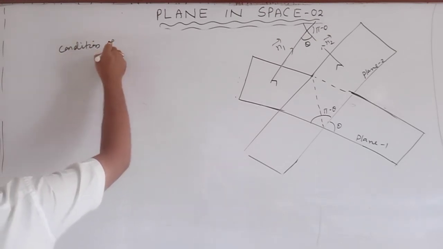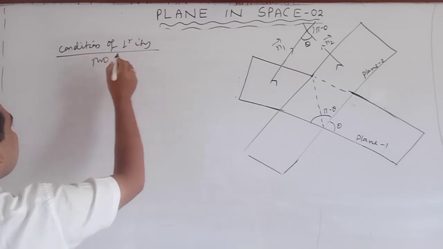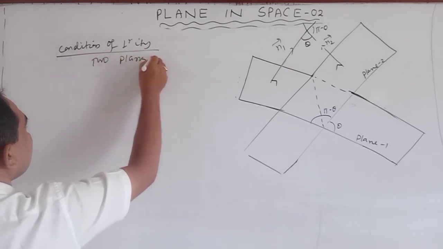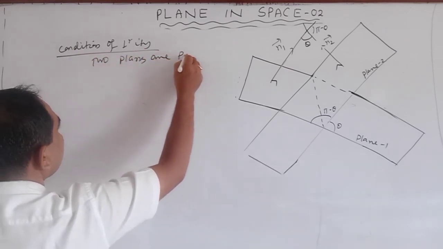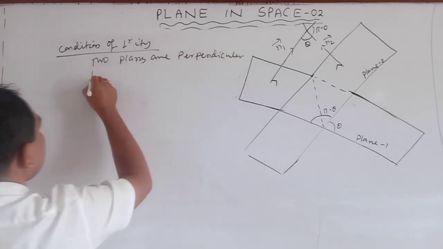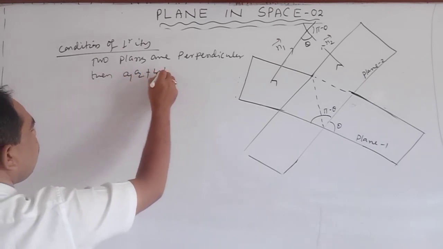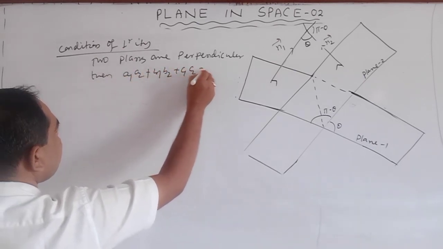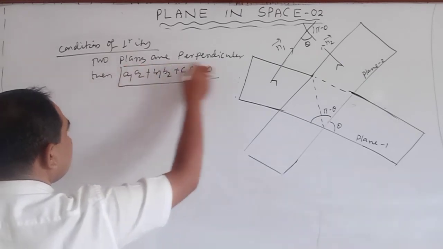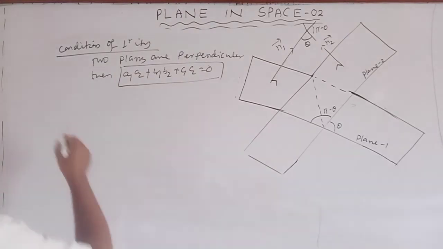condition of perpendicularity. Okay, if two planes are perpendicular then a1 a2 plus b1 b2 plus c1 c2 is equal to 0. Remember this property because theta is 90 degree, cos 90 is 0. Next